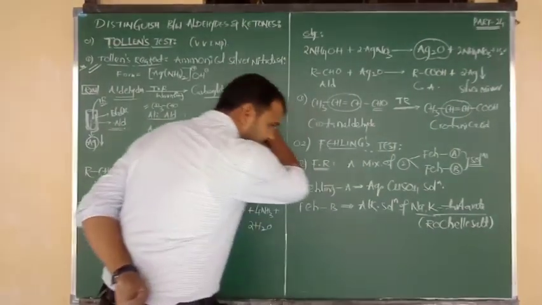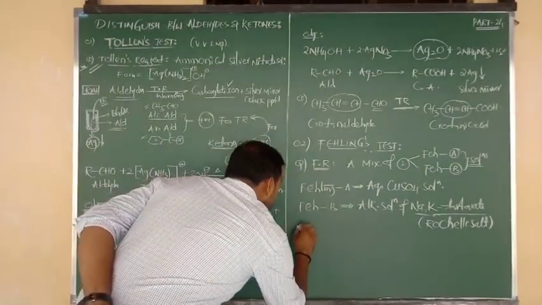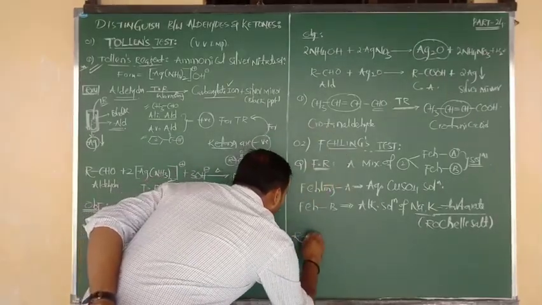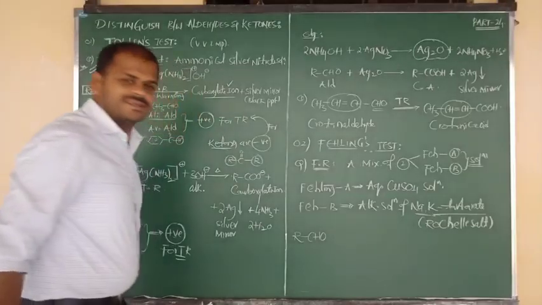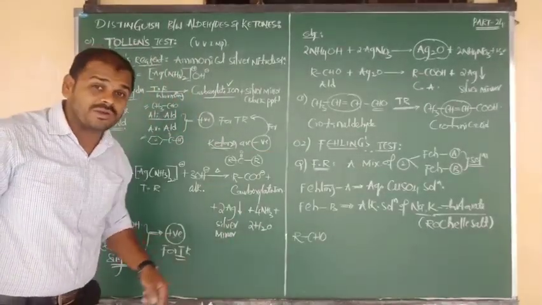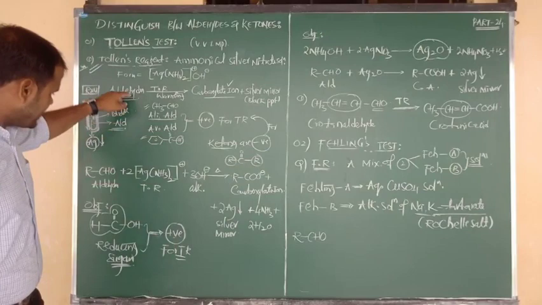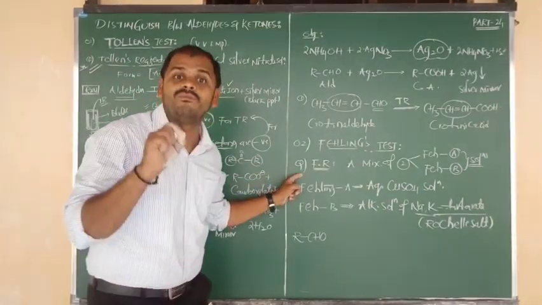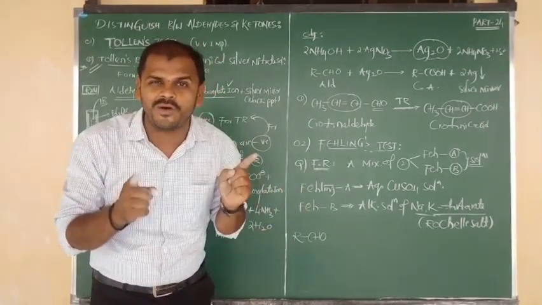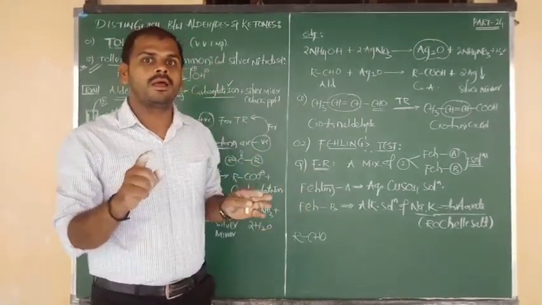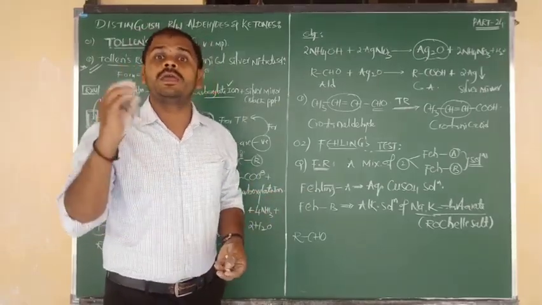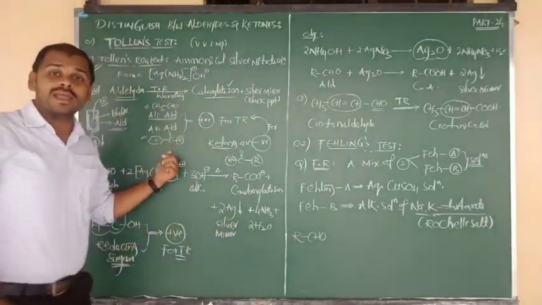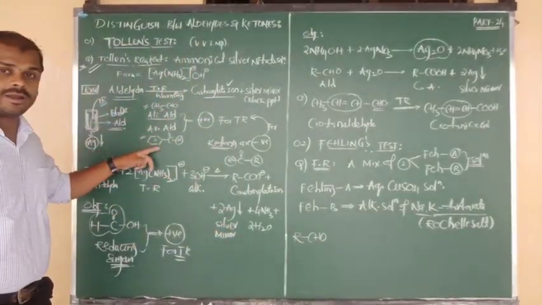The reaction is, first of all, I am going to tell you directly: it is a property possible only for aldehydes. Same thing, the Fehling test is also positive for aldehydes. What about Tollens? The Tollens test is positive for aliphatic and aromatic aldehydes. But here there is a twist. The Fehling's test is positive only for aliphatic aldehydes, meaning not positive for ketones and not positive for aromatic aldehydes. But Tollens is positive for aliphatic and aromatic.